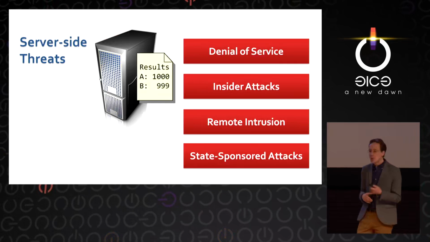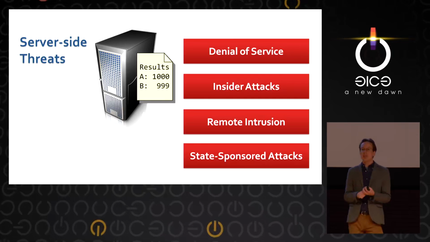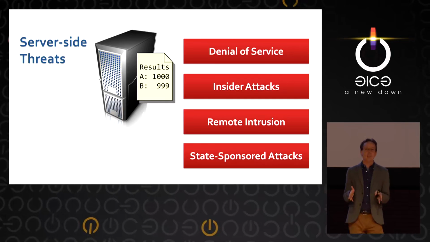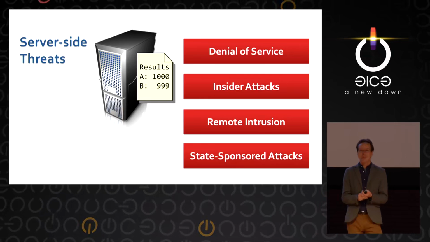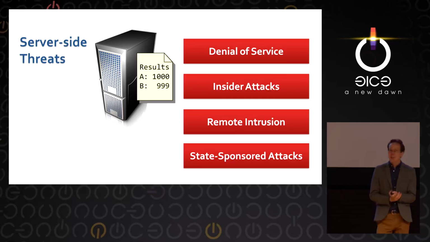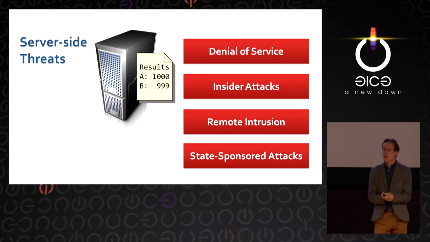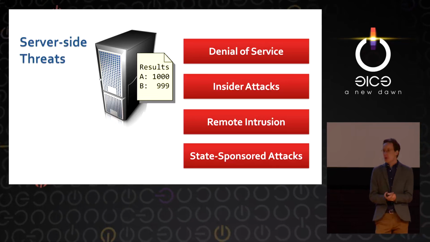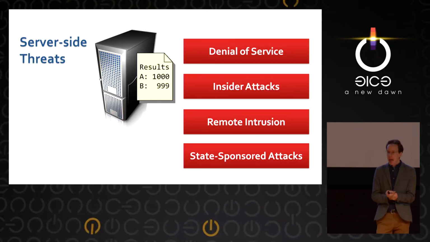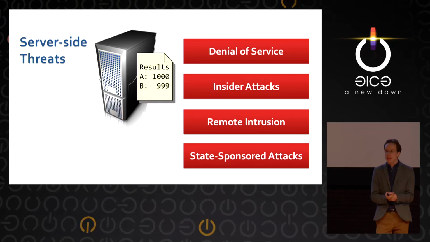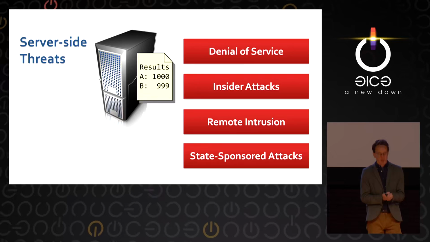And it's not only that, the server, too, has to be able to resist denial of service. Remember, an election takes place during a fixed period, so you can't say, well, our system is down this week, we'll postpone the internet voting portion until next month. That's not going to fly. You have to worry about insider attacks on the server, about remote intrusion, even about more advanced attacks like state-sponsored threats. How many countries do you think might want to affect the outcome of a major country's national election? There are probably a growing number of sophisticated states with that desire and ability.